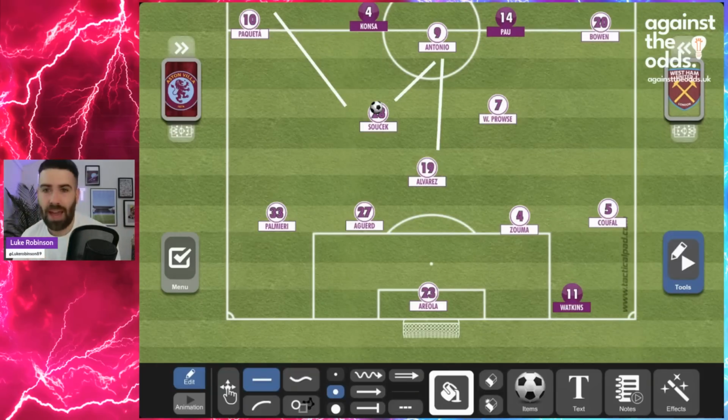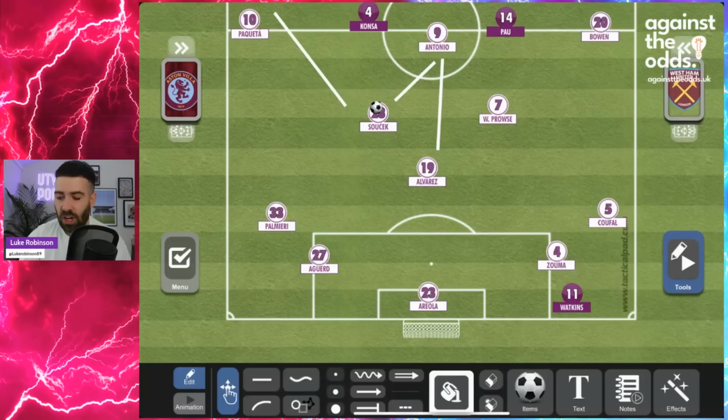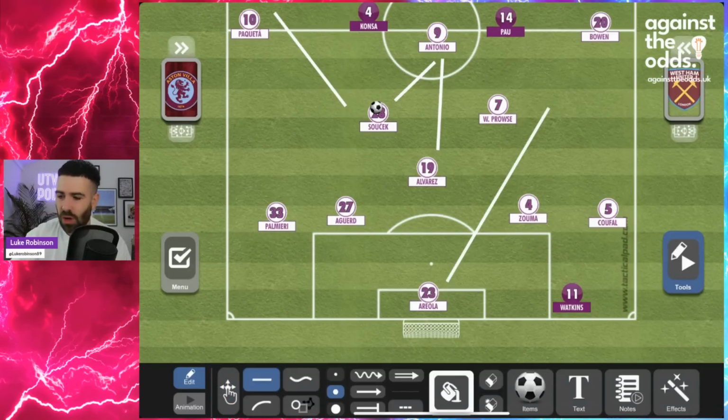Aston Villa have to be wary of this. Aston Villa will know that this is about to happen. So it's just something that we have really, really got to be aware of. The keeper, Areola, again, Premier League traits. We see this happen with a lot of teams in the Premier League. This isn't West Ham. West Ham's goal kicks